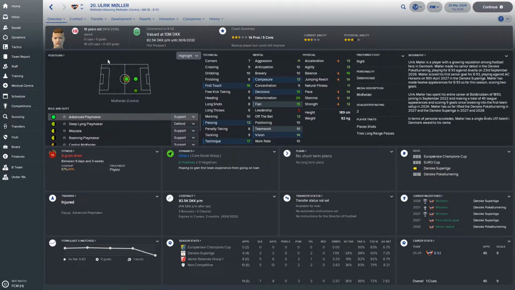And you see, he's 18 years old now. I know he's injured, but he hasn't developed. These are the stats that he came in with. He hasn't developed at all. He's just been like this forever. He looks so promising, but nothing happened to him.